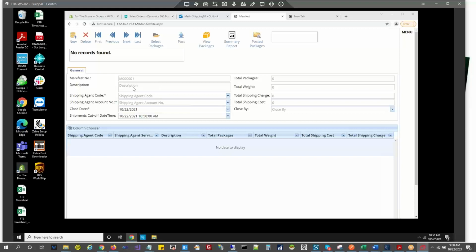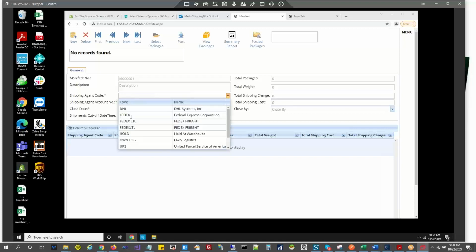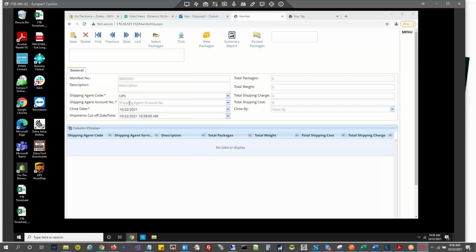I have created one now. You can use the option UPS, and you need to specify the account number if you have multiple, and you need to specify the shipment cutoff date time, so until what time you want to get all the packages under this end of the day report.